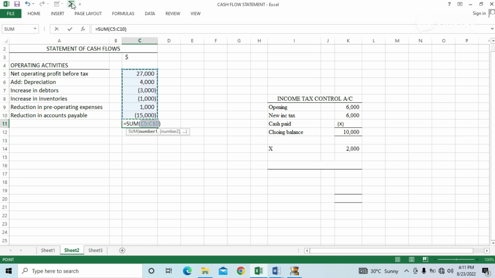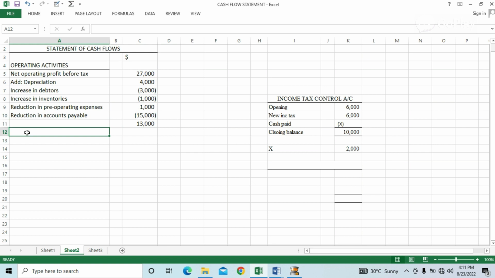So here we are done with the operating activities, and the net operating activities as we have gotten here is 13,000, before we come to look at the income tax that was paid. So the income tax payment was actually 2,000. If you start with the net operating profit, that's the final operating profit,